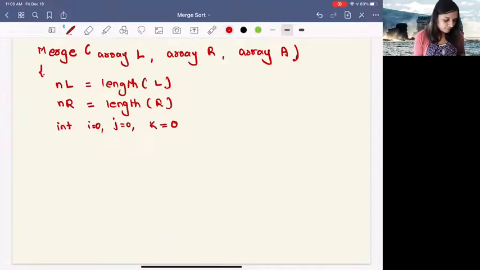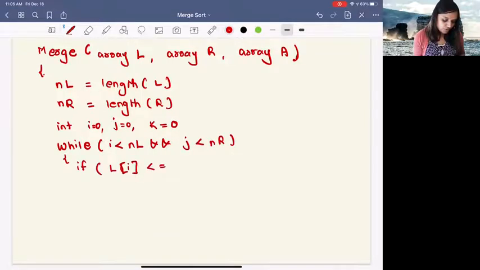We are almost there. So our first loop: while I is less than NL and J is less than NR, we need to do some comparison. If L of I is less than or equal to R of J,